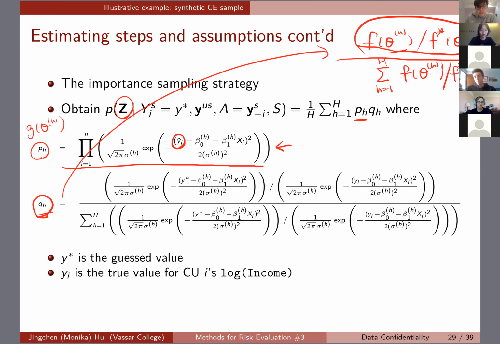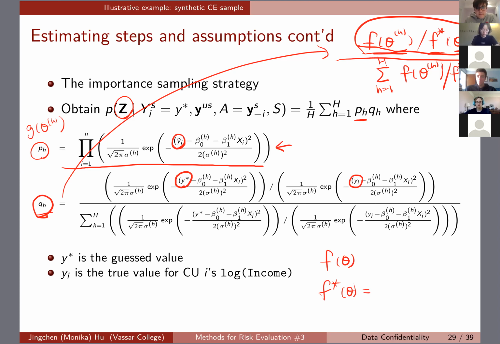So when that happens, remember that F is the inconvenient, I shouldn't say, the not familiar data density that you're working with. In that case, it is the guess that you're trying to estimate. Whereas for the F star theta H, we know that for that Y, it will come directly from the data. Because if you remember F theta and F star theta,